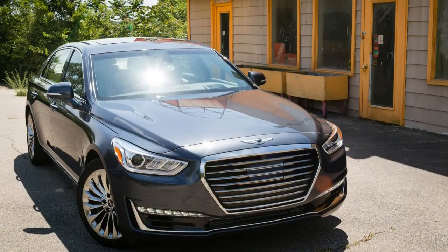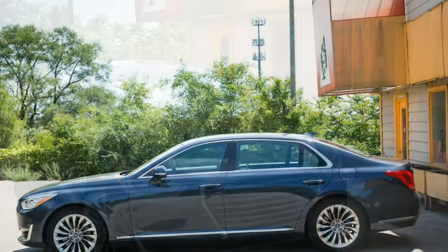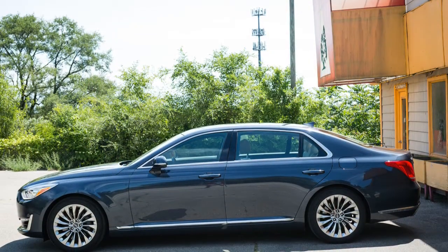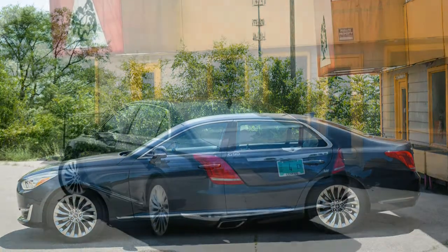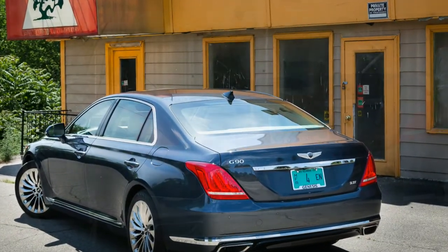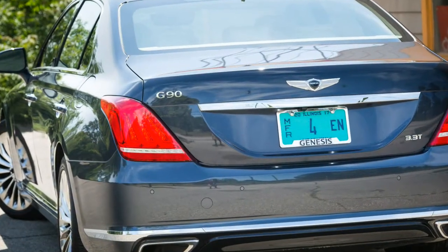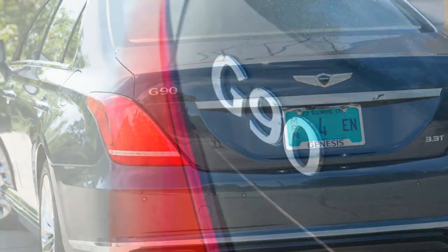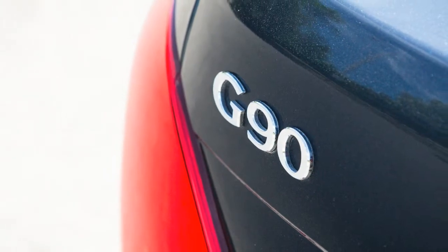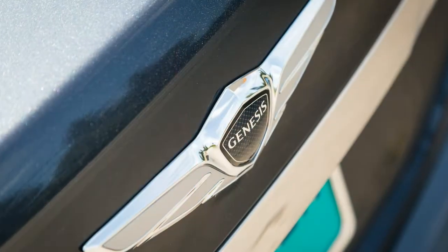With the G90 standing as the new brand's top offering, we secured one for a 40,000-mile long-term test. Hyundai has a reputation for tilting the feature-content-to-price ratio in favor of the consumer, and its upscale Genesis division follows that formula. If you get a kick out of optioning a vehicle to the $100,000 mark, turn your attention elsewhere. For a segment reasonable